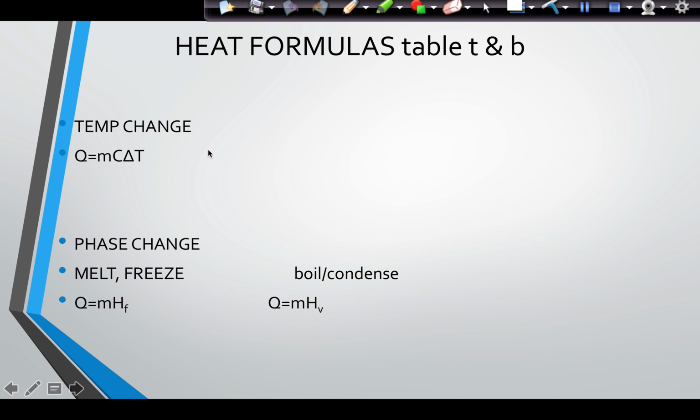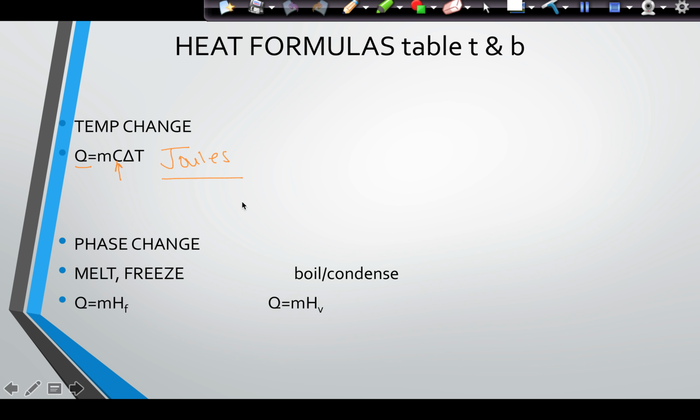These heat formulas would be found on table T and table B. So if you have a question asking you about a temperature change, how much heat, how much thermal energy is exchanged when this mass of water changes from one temperature to another, you're going to subtract the two temperatures to get the delta T, and you're going to use the formula Q equals mc delta T. The C value, which is the specific heat of water, is found on table B, and M stands for mass in grams. Your Q will come out